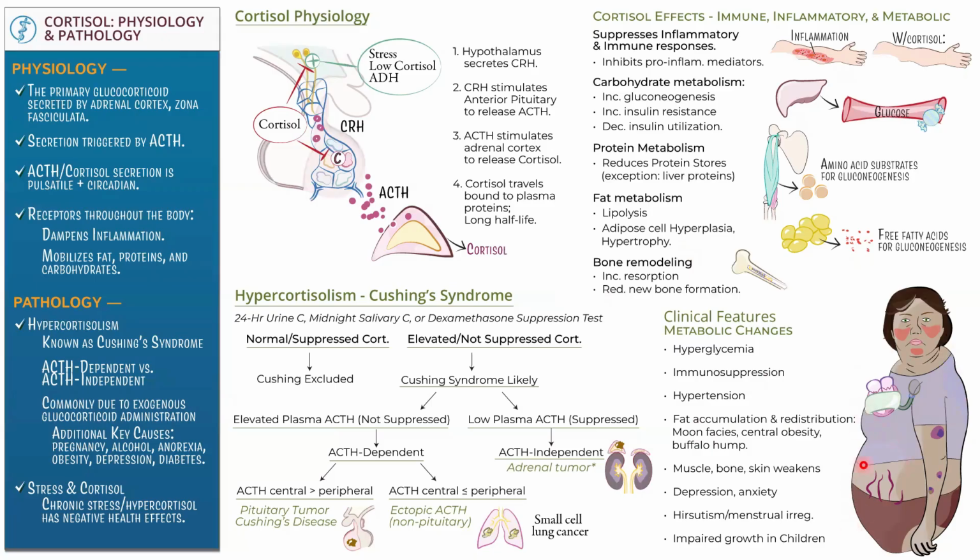So this is central obesity because of fat accumulation in the peritoneal cavity, at the back, and also in the face. The person will have muscle weakness, skin weakness, as you can see in this. The person can turn into depression and anxiety, and also there is menstrual irregularities, amenorrhea, and there is impaired growth in children. So that is what we refer as